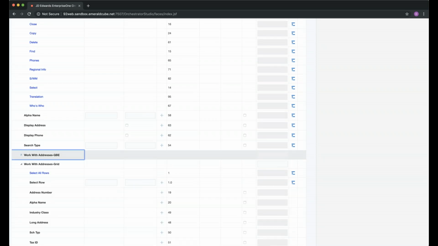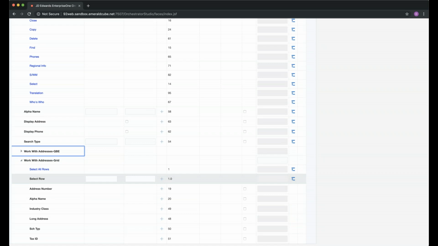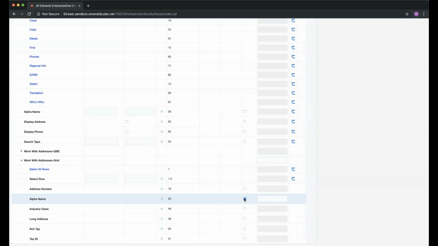The last piece that's very important is to select what data that you actually want returned. So in this case, we haven't actually selected any columns or anything to be returned, but let's just say we'd like to know the address name, and we'd like to know the search type, and heck, we want to know the long address number as well. So these three fields we're going to return back, and that's actually going to be in our return when we run this service request, and actually when we run the orchestration at the top level. Those are the pieces of data that are going to be returned to us.